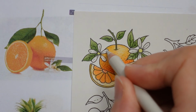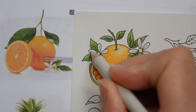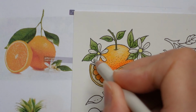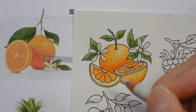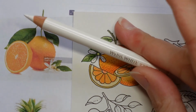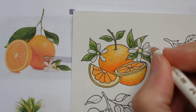Now what a lot of people do to help them with white is outline it in a white pen. That's all fine if you're outlining the whole of your page in white pen. If you're just doing this little bit, I think it'd look a bit strange. So I'm just going to persevere with this. And I'm also now going to get a white because our paper isn't white. So I'm going to try my Polychromos white, but it's not the best white on earth. And I'm going to try and do the rest of the